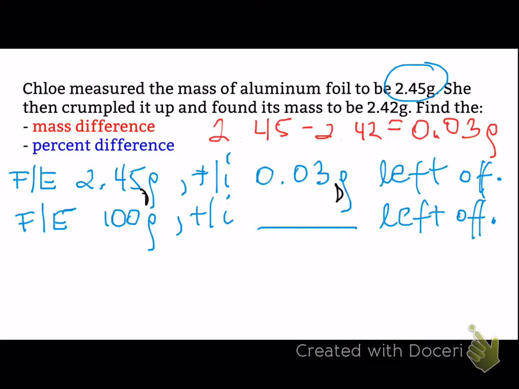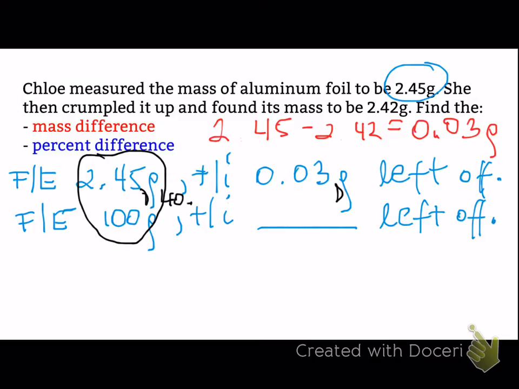So you can think of these two numbers as 0.0245 and 1, and then it's a lot easier to figure out what number to multiply the 2.45 in order to get 100. Okay, I will let you figure out the math. When I figured it out, it was